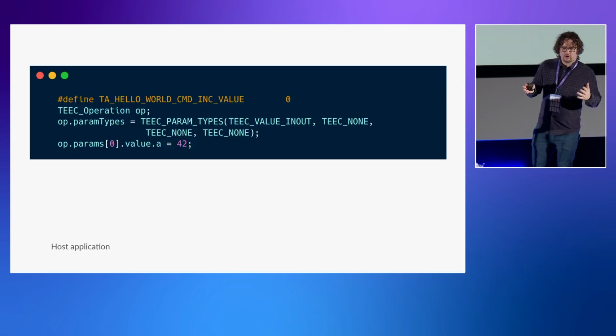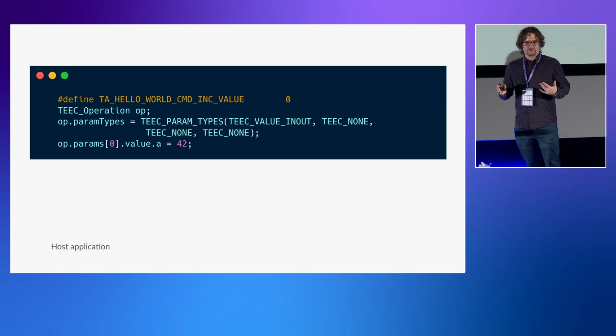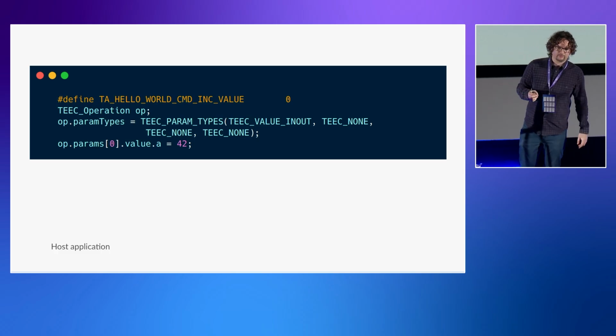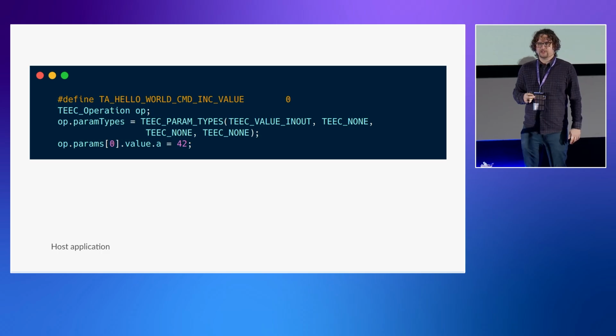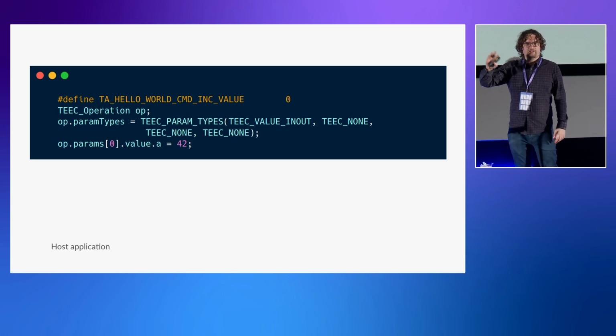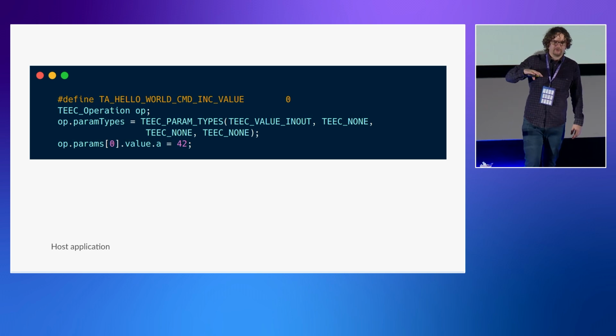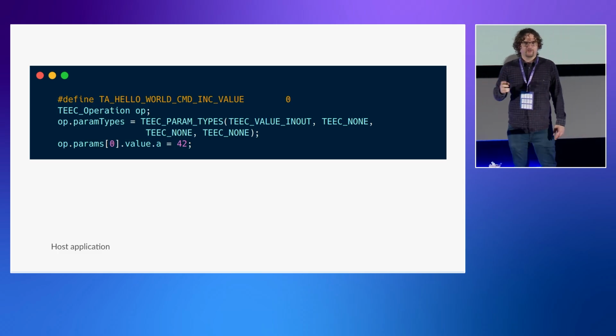And this is the code for the host application from the Hello World example. I cut some less important stuff from here, but those are the things that matter the most. In the first line we have the define for the number of the command. So we are sending the command in numerical form. For example, we want the TA to increment some value. And then we are setting up the structure with parameters and also setting up the value that we want to